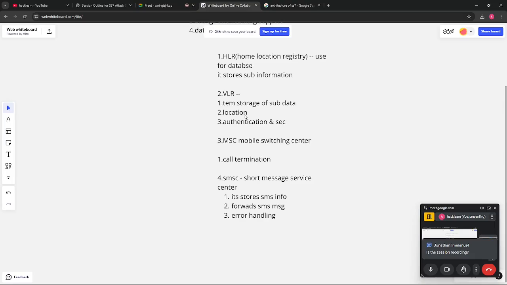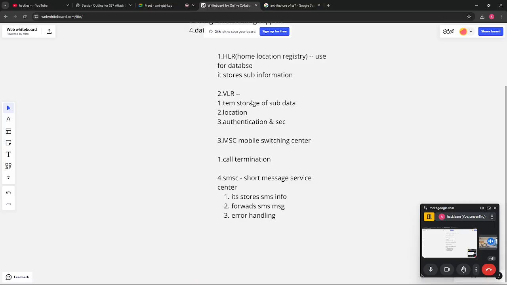After that, it helps in authentication and security. Let's assume you are making a call; during the call setup, or even data usage, the VLR ensures the subscriber is authorized for the supplementary services, so that only the services the user has are used, with no extra services and no data leak. All the security and authentication is also done by the VLR. Is that clear?